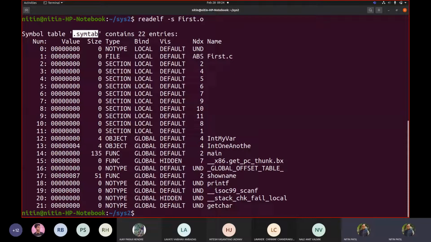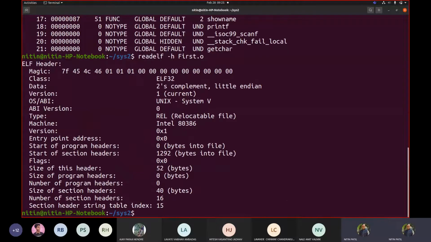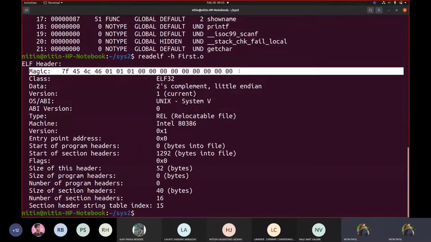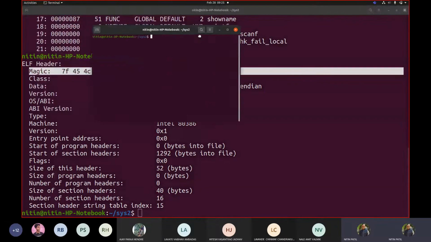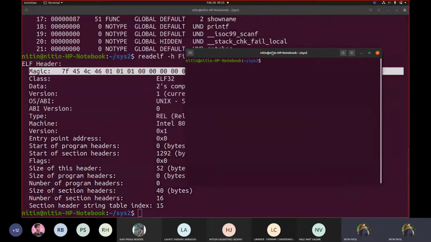Similarly, we tried finding out the magic number for the file. This is for your object code, which is ELF. You can see 7F 45 4C 46. If I do a similar thing and write readelf -h a.out,